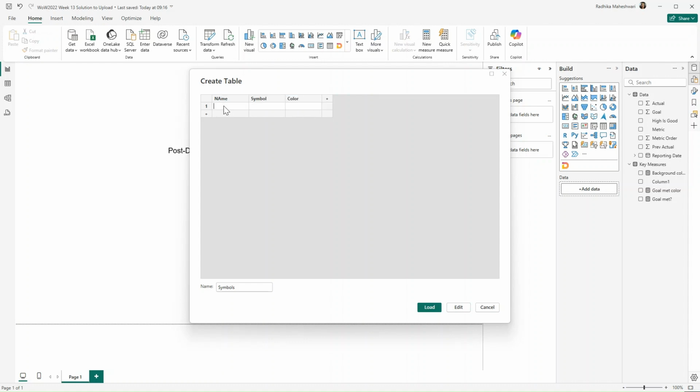Now for name, first is results meeting goal. Then is results not meeting goal, and previous month results, and then lastly goal.